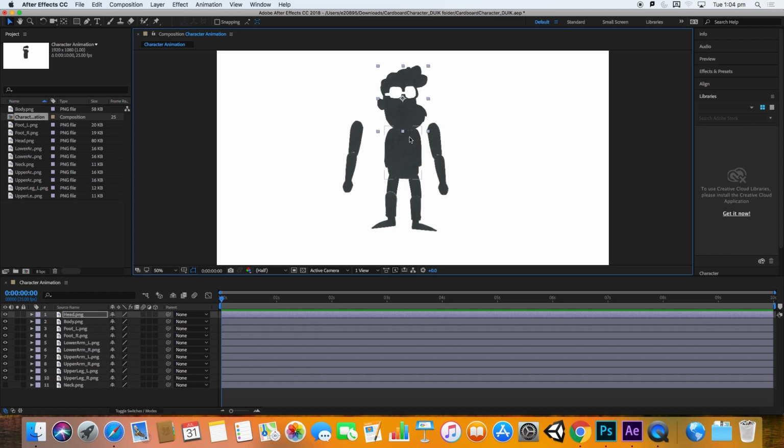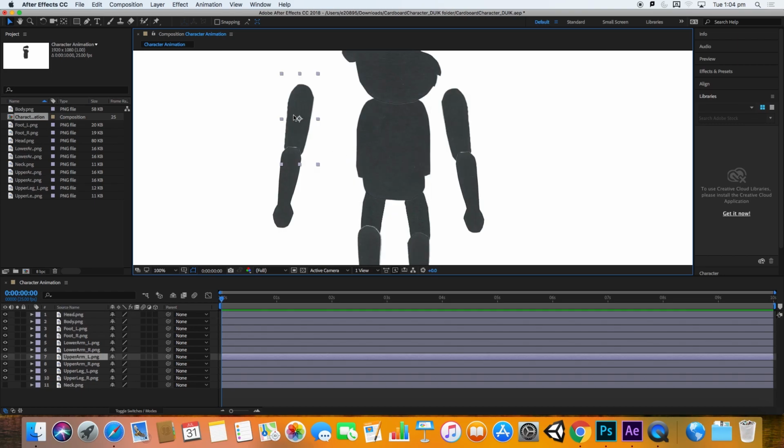So if you look, for example, at one of my arms, you can see this point here. If I select it, that's called your anchor point. You can see that that's actually sitting in the middle of the arm. I want that to be in the position where the joint is. So to move your anchor point around,